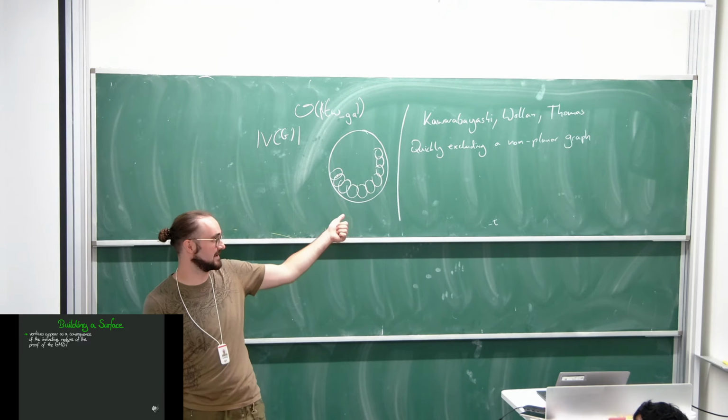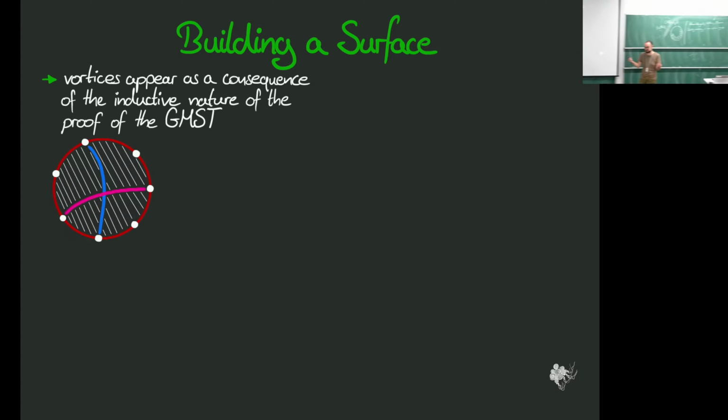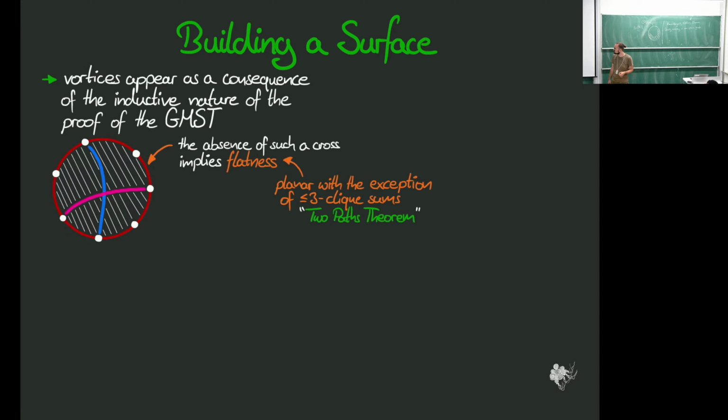So the main idea here is the so-called two-path theory. Given some set of vertices, imagine you want to draw your graph such that these vertices lie on a cycle, given a fixed order of the vertices. And now you ask the question, under which circumstances can I do this such that the graph is more or less planar and these sit on one face? And it turns out there is a very nice structural characterization of this,